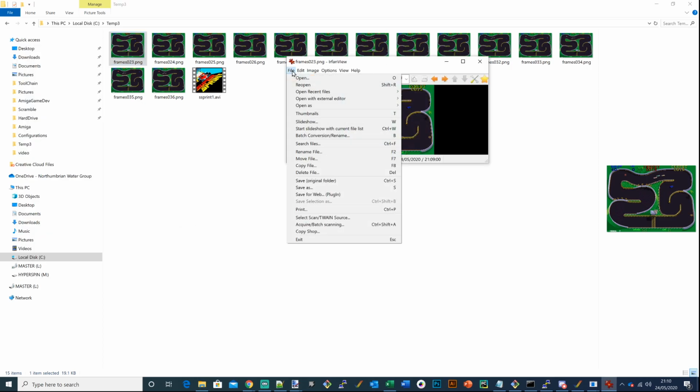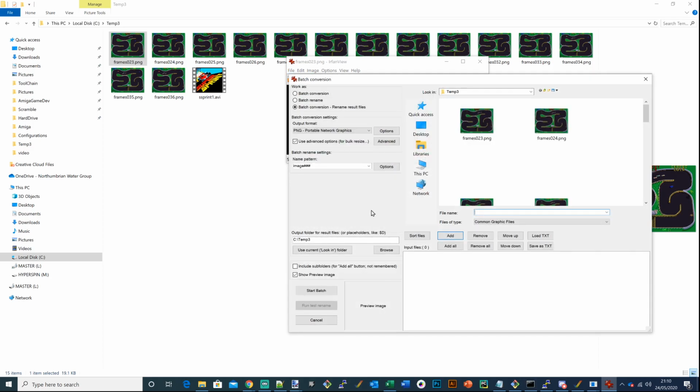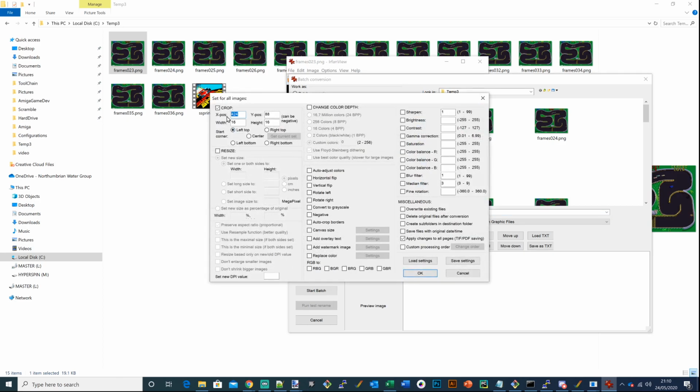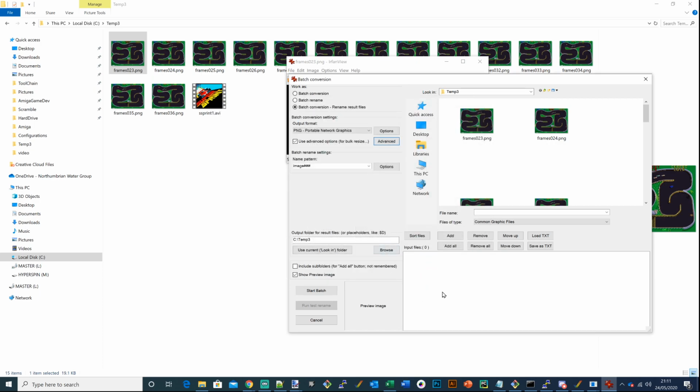And we're going to go to batch conversion, rename, and we'll go to advanced and put in 104 by 48, and we want to take a 16 by 16 pixel crop, and I'm quite happy with that really. It's just as an example. Just add all to the batch,